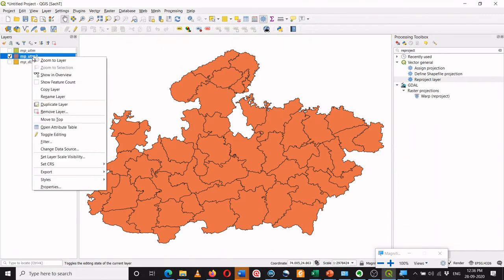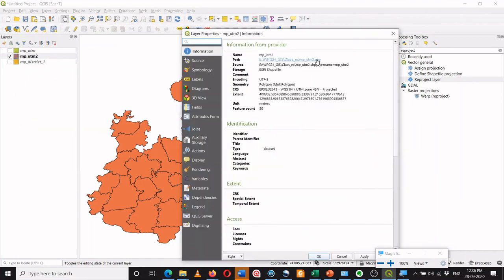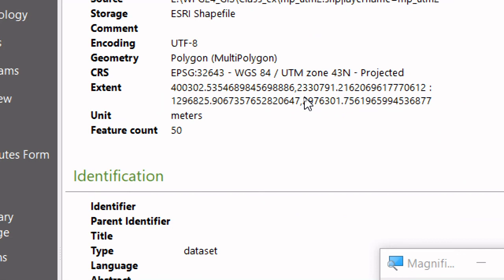Okay, so this new layer has appeared, MPUTM2. I can just go back and check the properties, and I can see over here the CRS is EPSG 32643 UTM-43N.